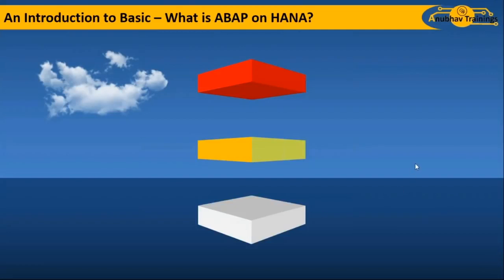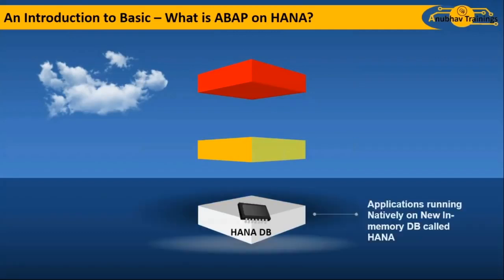So what has happened over the past couple of years was SAP has introduced this new in-memory database called SAP HANA, which stands for High Performance Analytic Appliance. This is an in-memory database which keeps all the data in the RAM. As a result of that, you would get a great performance, not just by keeping the data in the RAM, but also it helps in order to improve the architecture of the database,